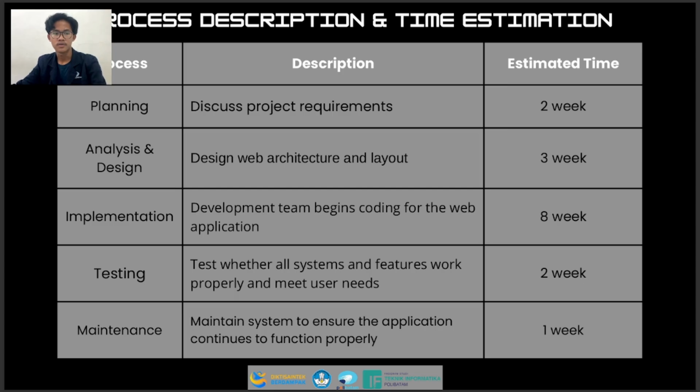Okay, for the process description and time estimation, here is our project development timeline. We divided our work into 5 main stages.